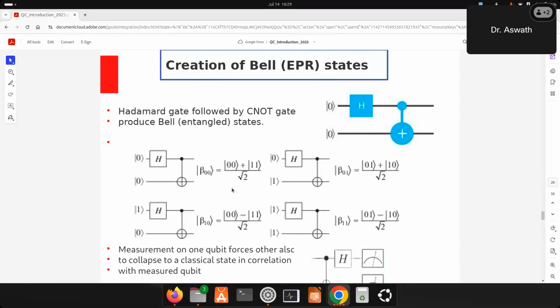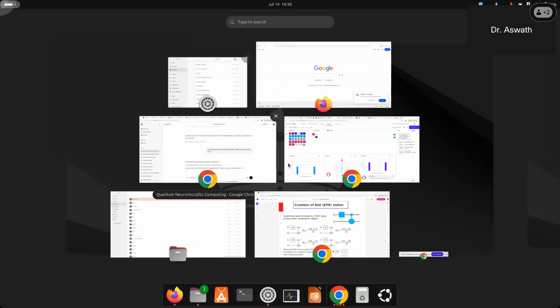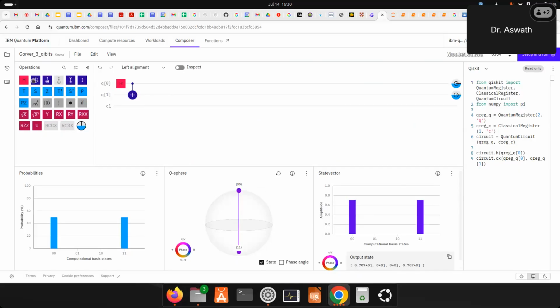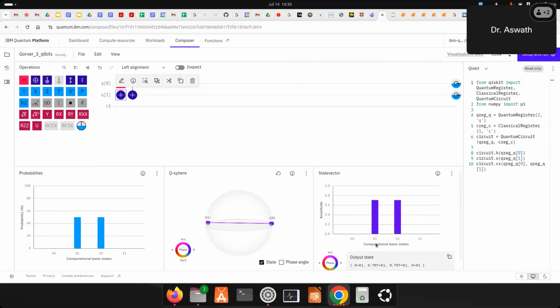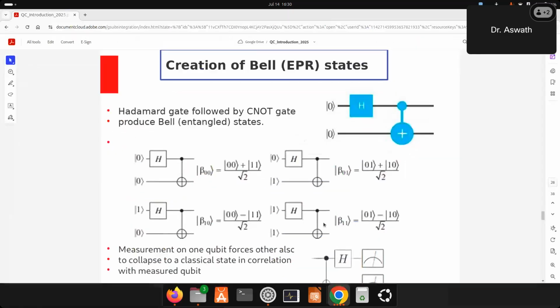We saw that. Let's say I want to create this kind of entanglement. What do I do? Just flip the target from 0 to 1. How can I flip? Very simple. You take addition modulo and put it here. I have 0, 1, 1, 0. Beautiful. So I have created all four cases. You can create all four cases.